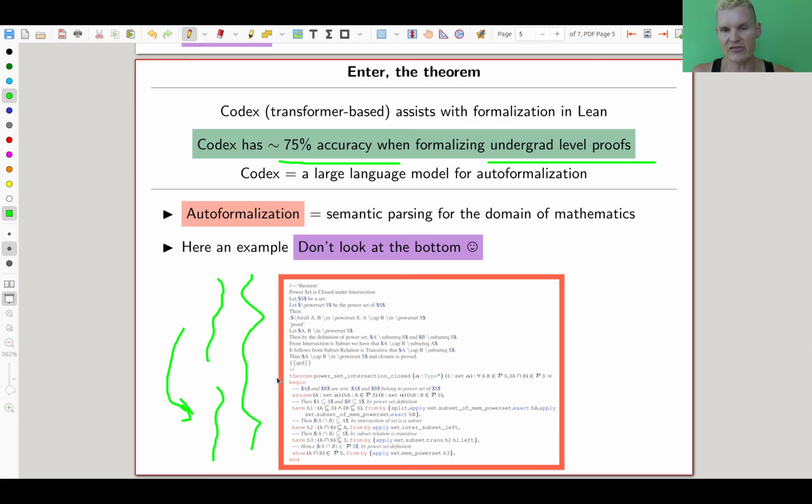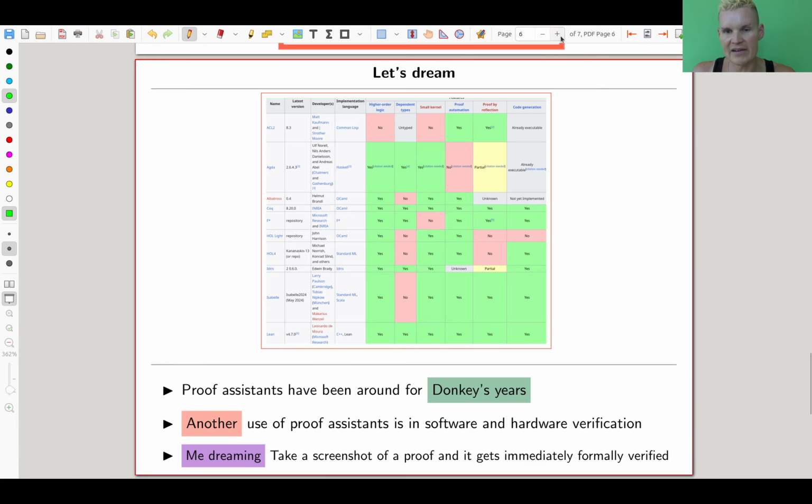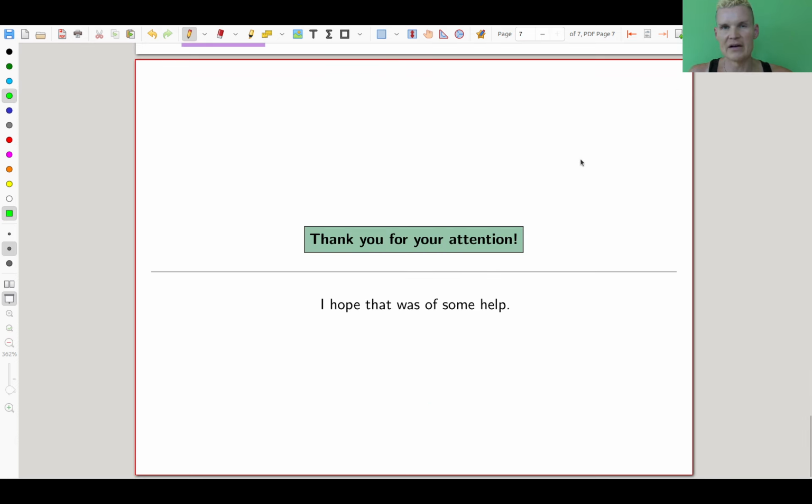So that's my hope at least, that you can hopefully at one point just upload your paper and it will tell you whether you have messed up or not, or you take a picture of your proof, you just write it on paper and it will tell you whether it's true or not. But right now we are still lacking a little bit. It's really difficult to translate because the meaning is so crucial. As soon as you swap a little symbol, the whole proof is messed up,